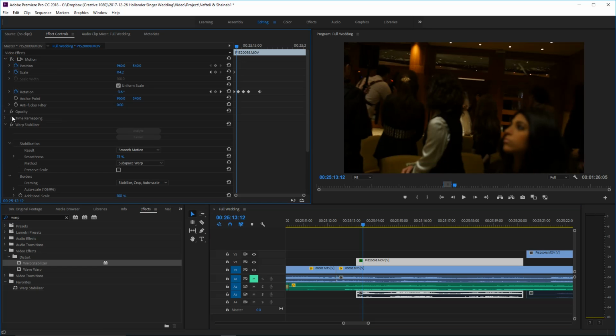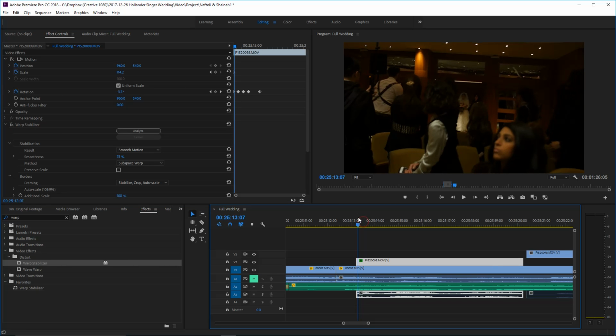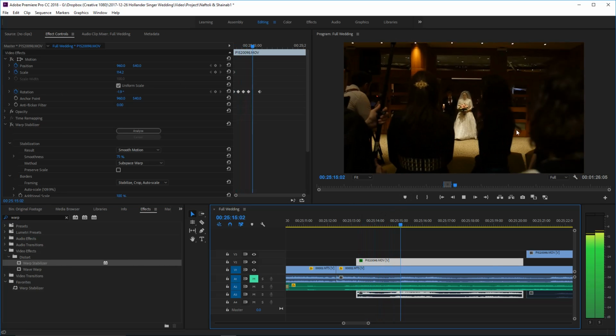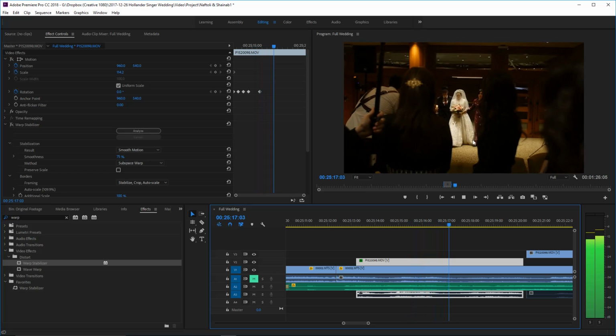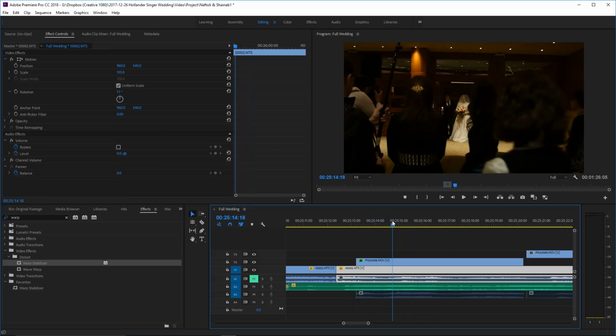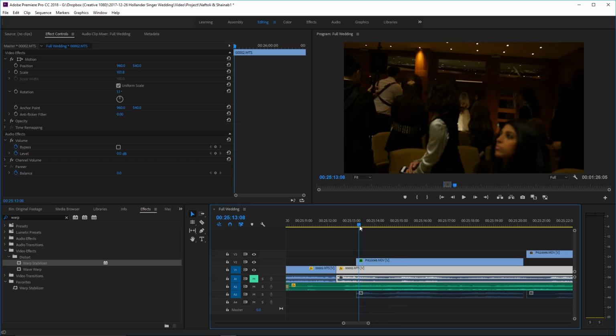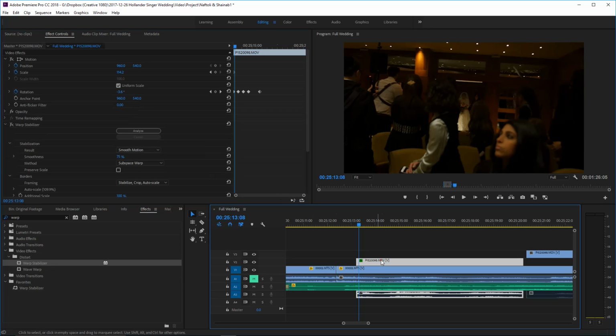We're going to go back now to what we had originally. And I think we're going to be pleasantly surprised. So we're getting rid of the warp stabilizer, and we're getting rid of our motion. This is the original clip, right? You see me walking into position, as the people stand up.